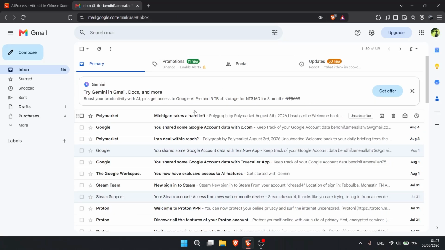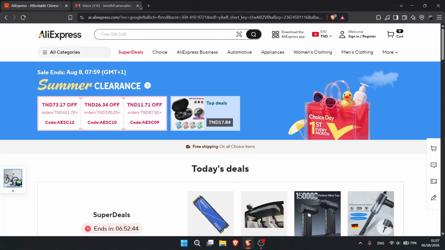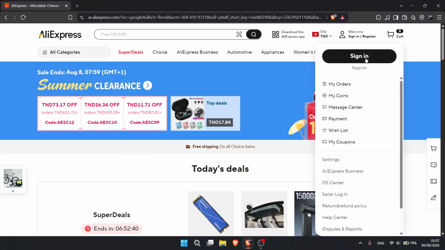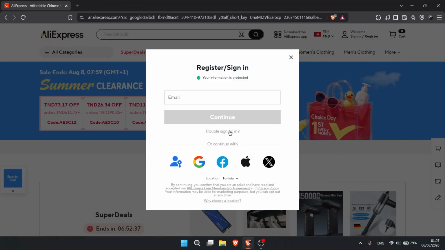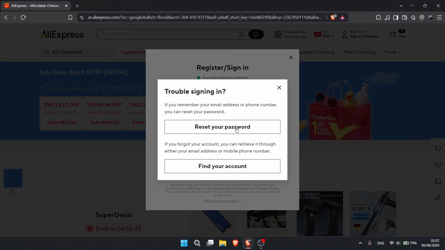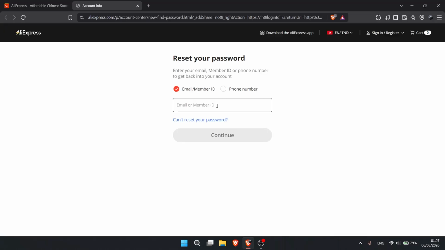Next, open Gmail or the email account connected to your Aliexpress account. Check your inbox for any messages from Aliexpress. Also, check your spam or junk folder in case the message was filtered there. If you find an email from Aliexpress explaining why your account was disabled, read the instructions carefully and follow the